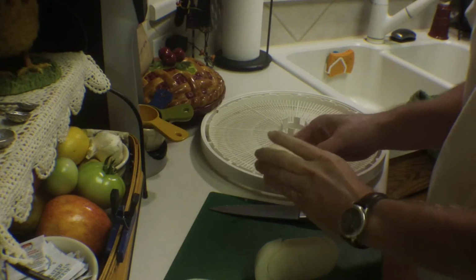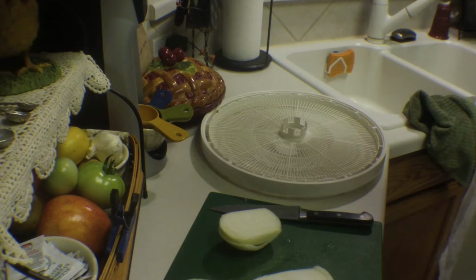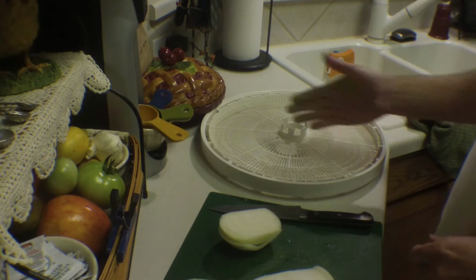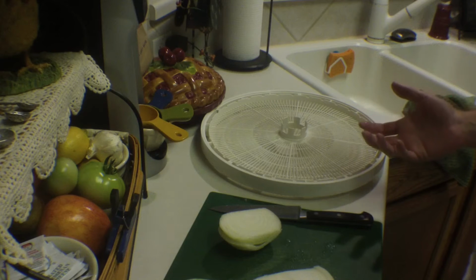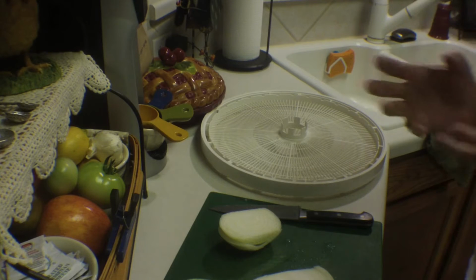And what I'm going to try to do today is dehydrate some items. I've got here 2 large sweet onions, and I'm just going to roughly chop them, add them to the dehydrator tray, and I've got some garlic, some serrano peppers, and some cilantro. Now, what I'm going to try to do is dry these on the dehydrator and then grind them up into a powder, and then work on a mixture